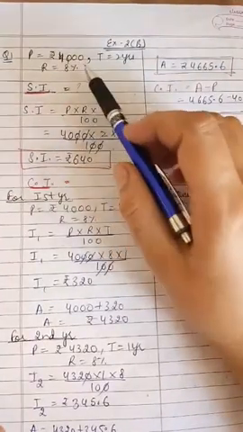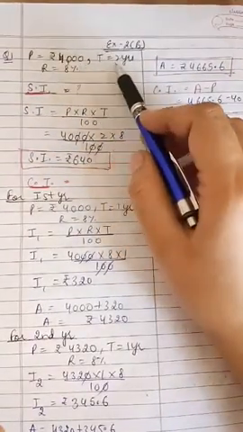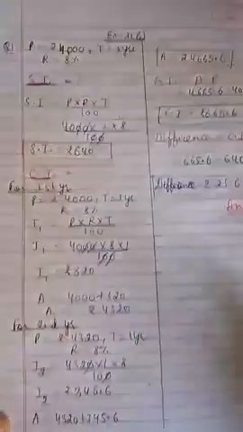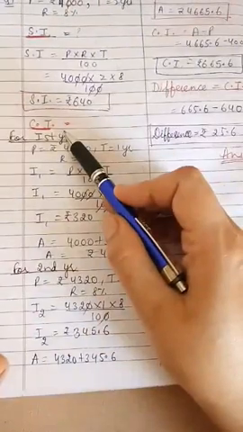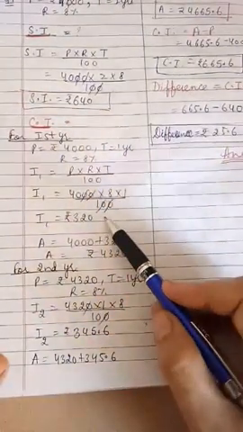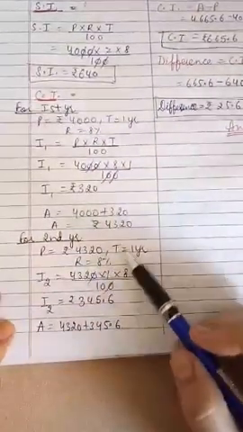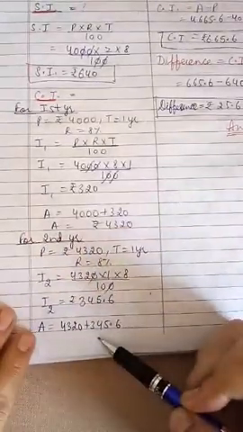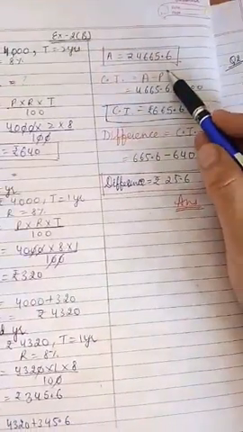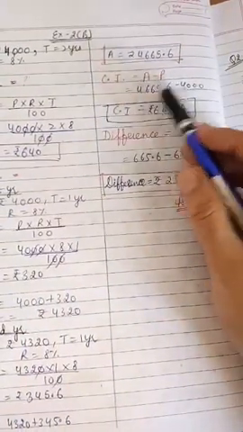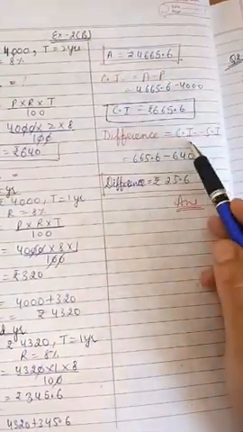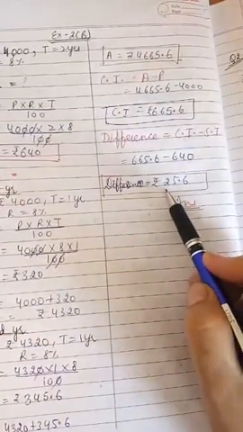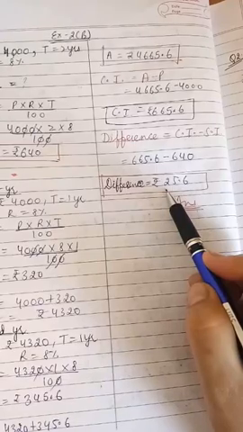So here principal is given, time period, rate is given. We can calculate the simple interest. Then we want to calculate the compound interest. Everything is same. Find the interest, amount. Then again it will become the principal for the second year. Then interest. Then again amount. Then compound interest, final amount minus original principal. And in the end we have to subtract it. After subtraction we are getting 25.6 rupees.